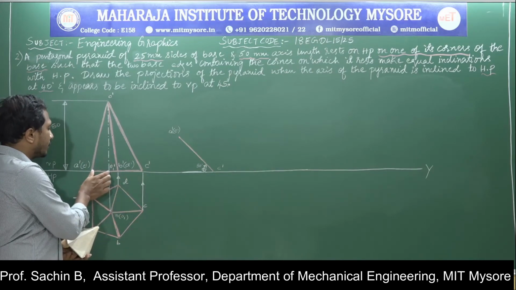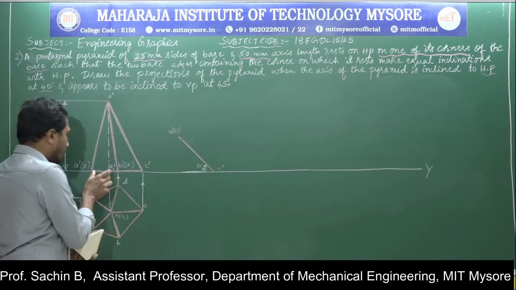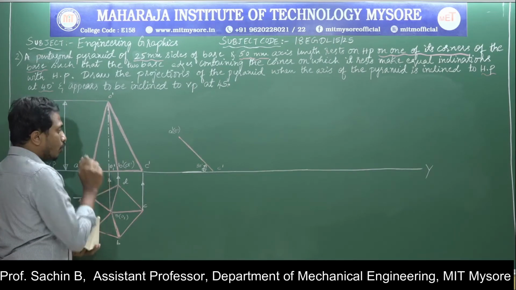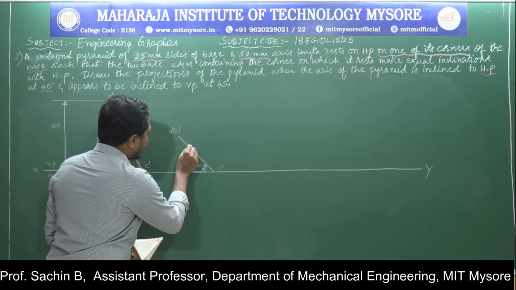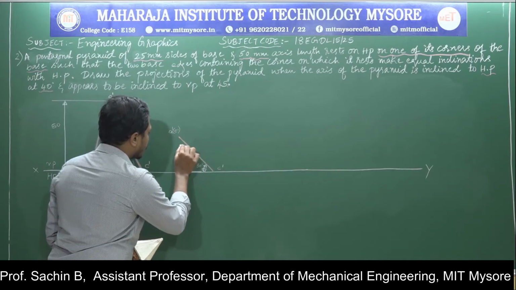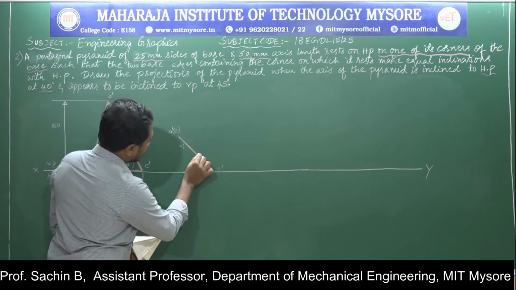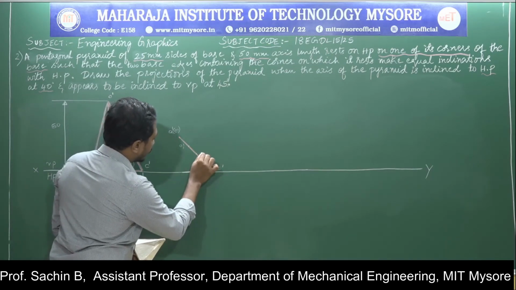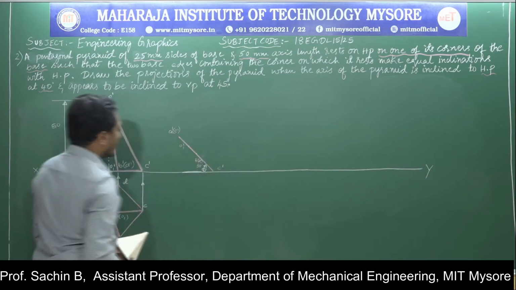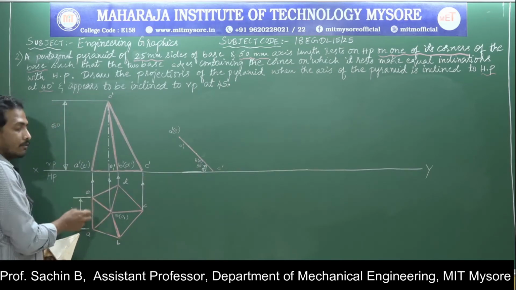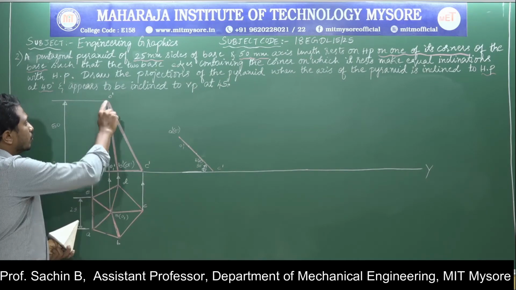Now I will measure from A dash to E dash. This point is A dash to E dash, and from here I measure to O1 dash. This point is O1 dash. Next I will measure from C dash to B dash. This point is where I represent C dash to B dash. Now, to construct the remaining part, I will first measure from A dash to O dash.